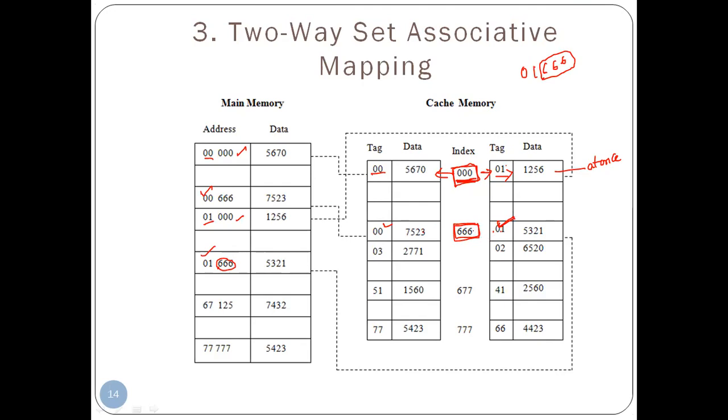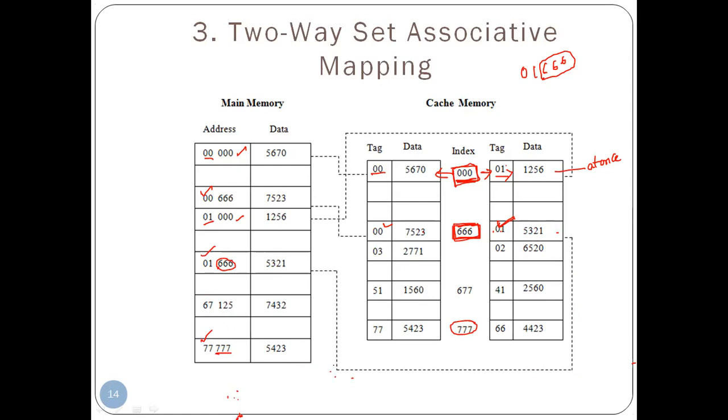What set associative mapping has done is it has reduced the time. Instead of doing a search 2 times or 3 times, if you go by the index value, the tag values associated with this particular index value can be available at once. Fine. And for the second example, the index value we want is 777. So 777 is here. So what are the tag values associated with 777? 77 and some other tag value, 66, somewhere over here. So that is associated. Like this, we are going to have set associative mapping.